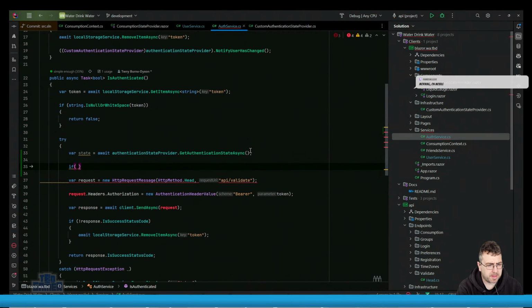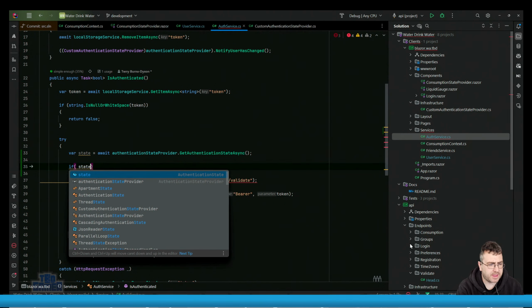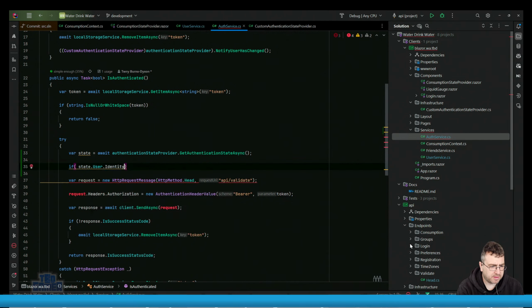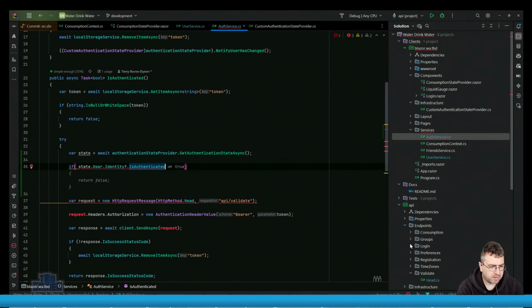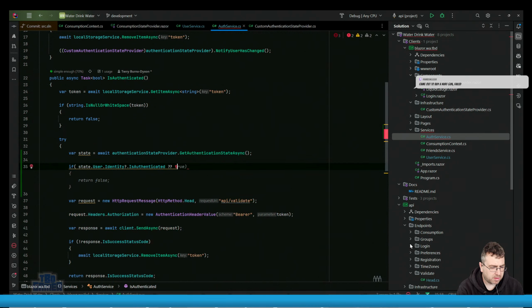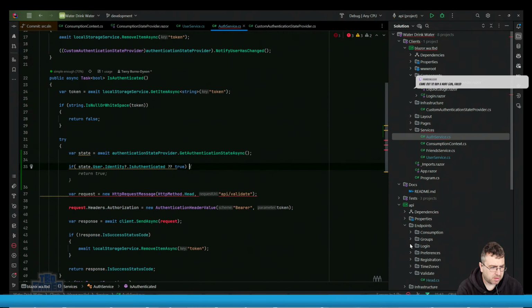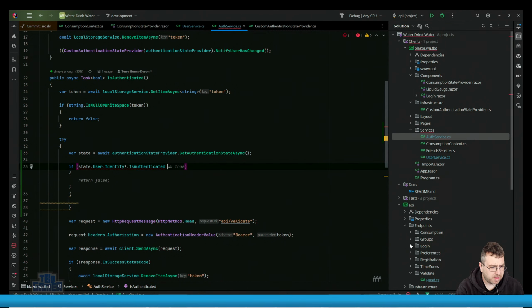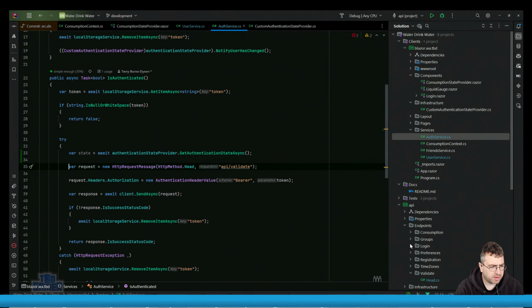So what is state combining? If state dot, so we know that one user identity. No, actually if. That's a tough one, because what I was thinking there is if we go and